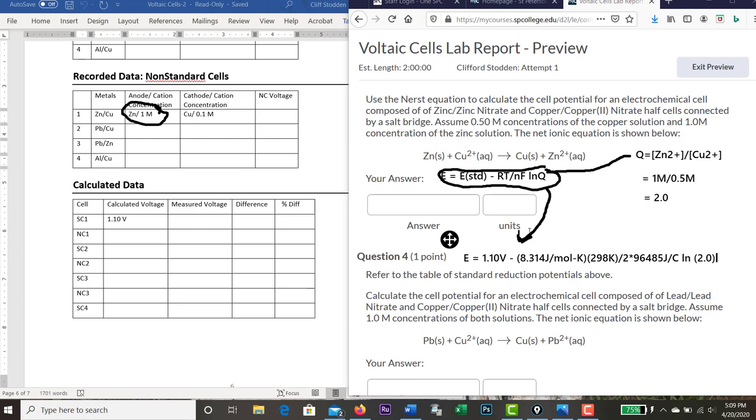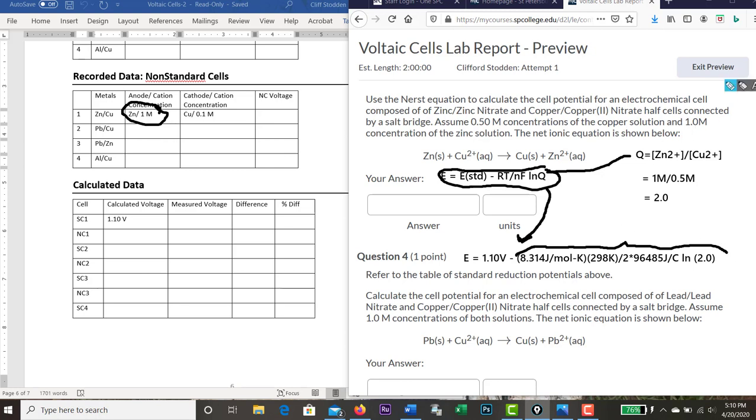Okay. So if we multiply all this stuff here, multiply everything from here over to there, let's see what we get. Start with the natural log. Okay, the natural log of 2 is 0.69, then times 8.314 times 298 divided by 2 divided by 96,485 equals, we get 0.009, and I'm just going to round that up to 0.01